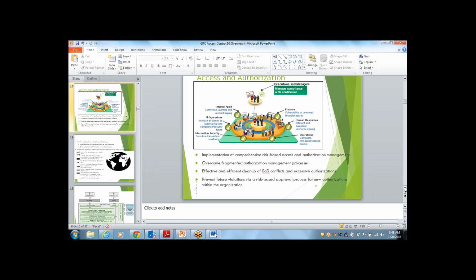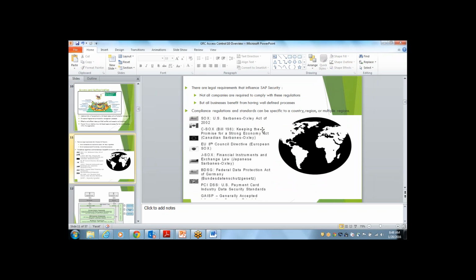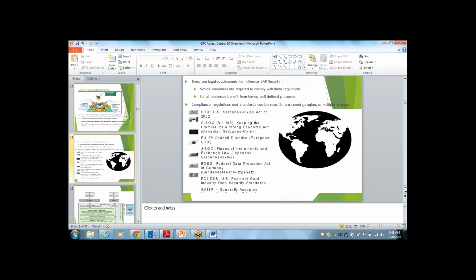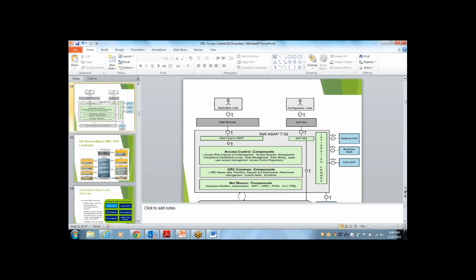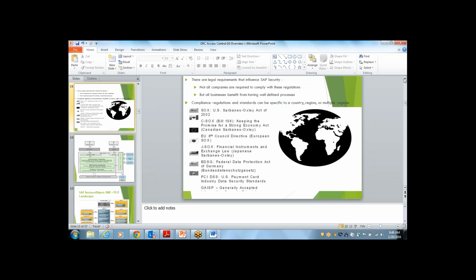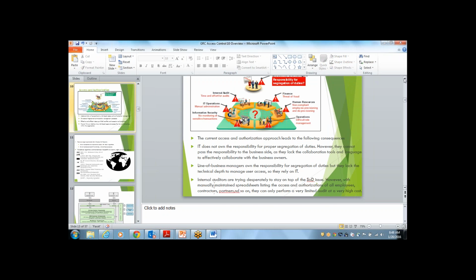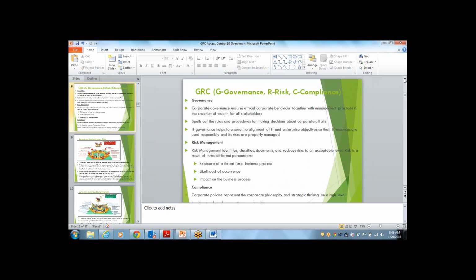This is the approach. So I told you, right? SOX, each company has their own acts actually. These are all different acts each company has. So Germany, and this is for European and some other things also. So before jumping into this architecture and all, this is basic information I just would like to recollect for you. And as of now, any questions for you?